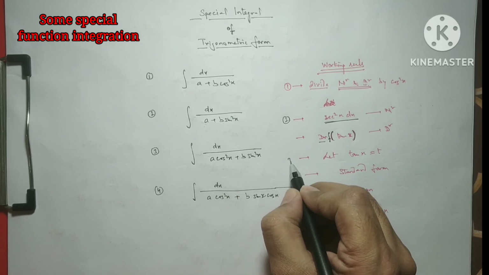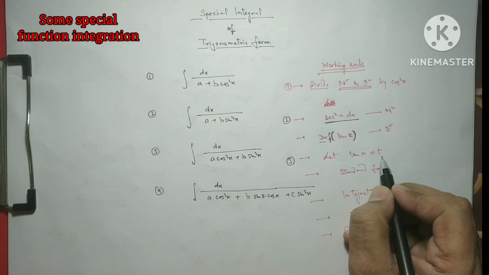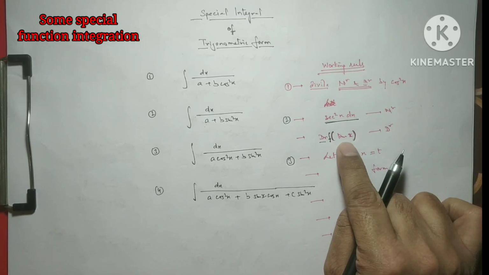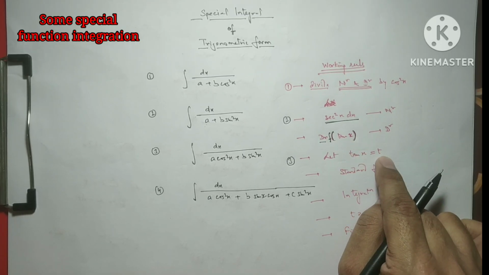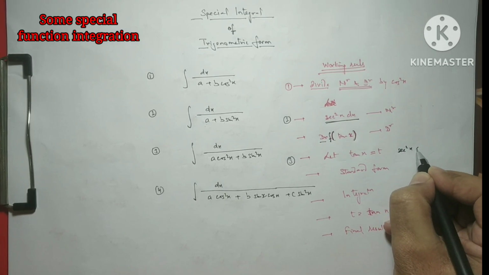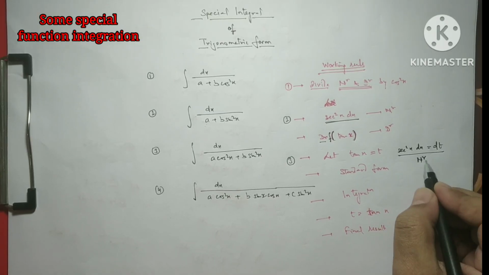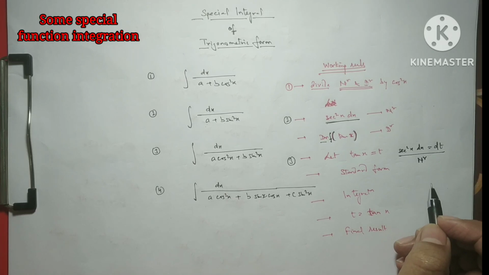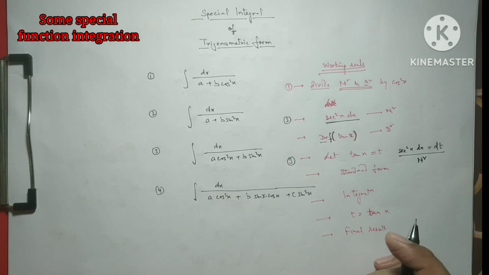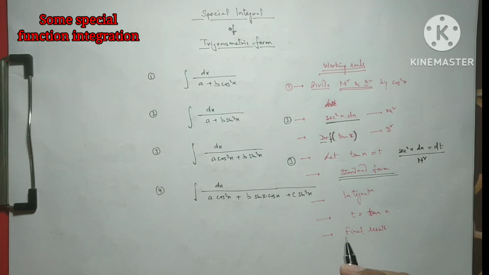And after this we will take the third step, in which we consider tan x as t. So we have the expression in denominator in terms of tan. So we consider tan x as t, and on differentiation we get sec square x dx as dt. So our numerator will be obtained as the derivative of this. And these given questions in trigonometric form will be converted to a standard form of special integral.